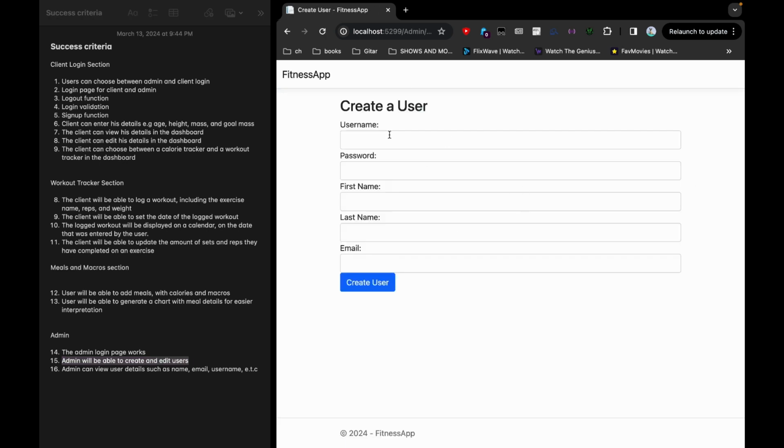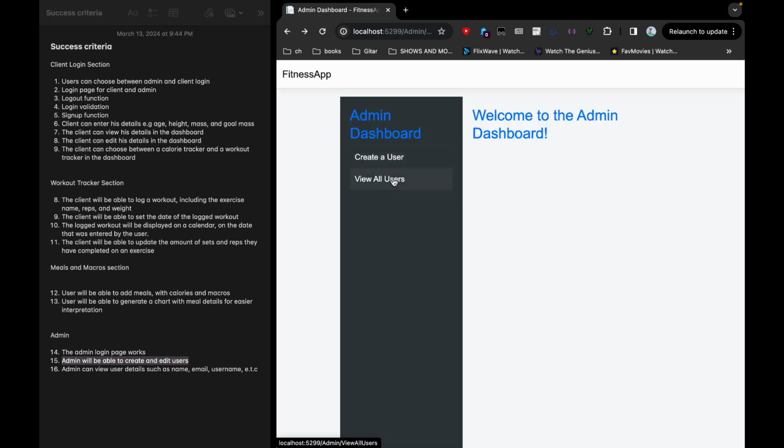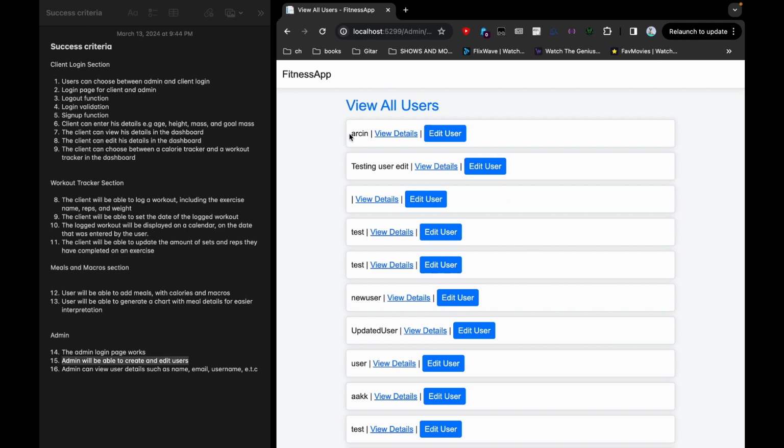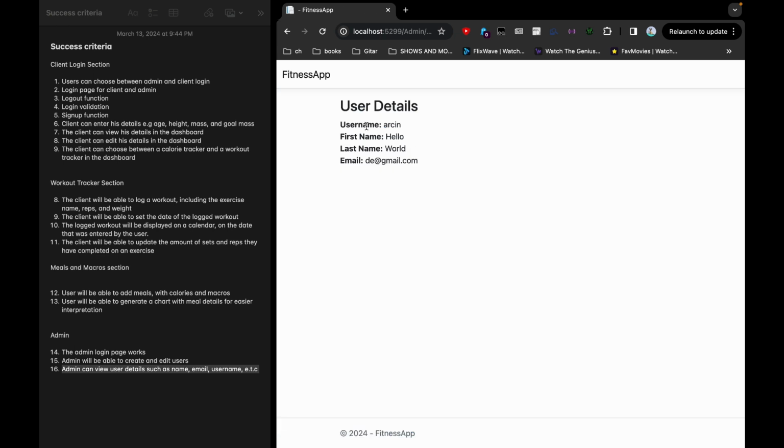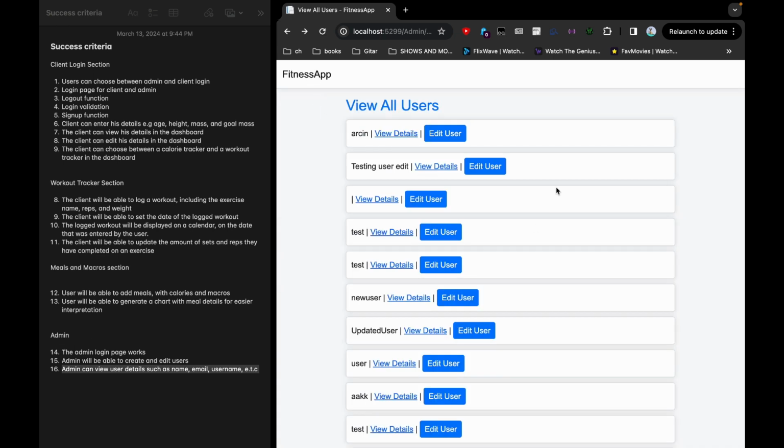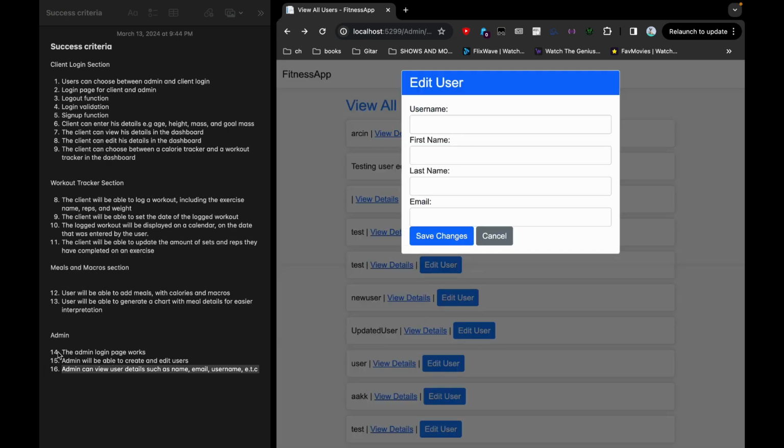If you go to create a user, the admin can create a user. As you can see, it shows up with a form. If you go to view all users, we will check out success criteria 16 first. So let's say for this user Arson, we go to view details. You can see the current details are this. However, if we want to ensure that success criteria 15 works, let's change his name to Arson New, and